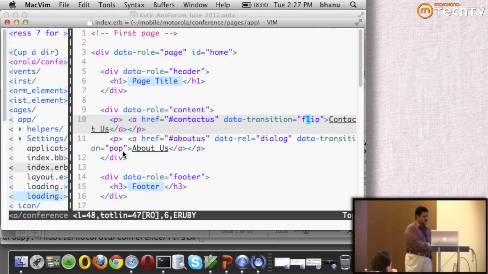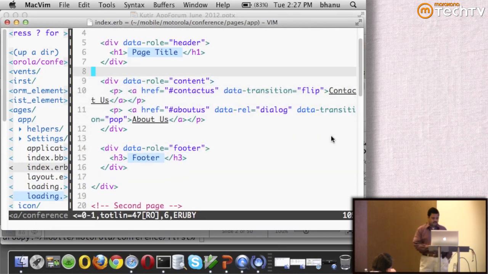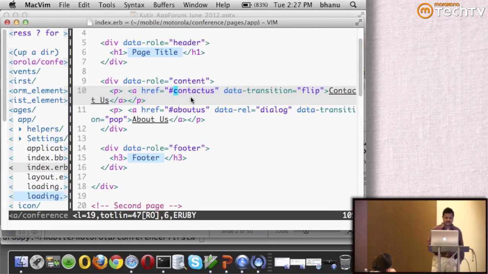And when you tap on about us, I am saying the transition should be pop. And then I defined a footer, and that is it. So, here for the contact I have given a link to contact us and I have referenced